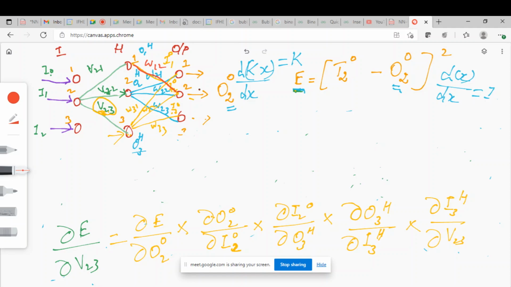So we are now interested in this weight. If I change this weight, then what will be the change in the error? So we have to take this path. I'm highlighting this. What will be the change in error when I change the weight? Error by...